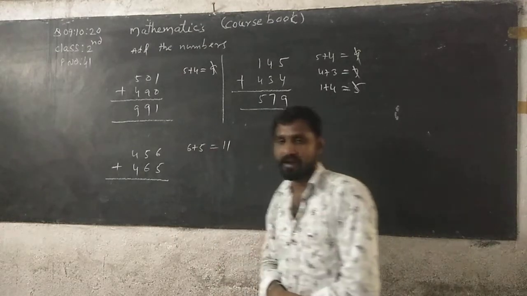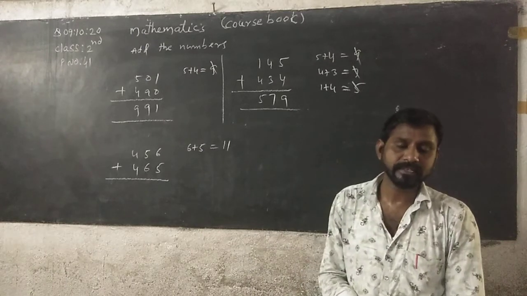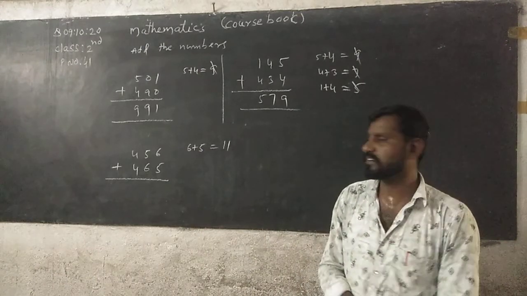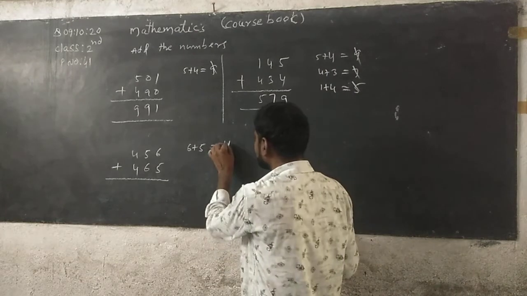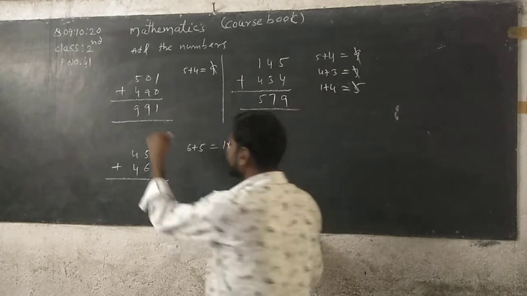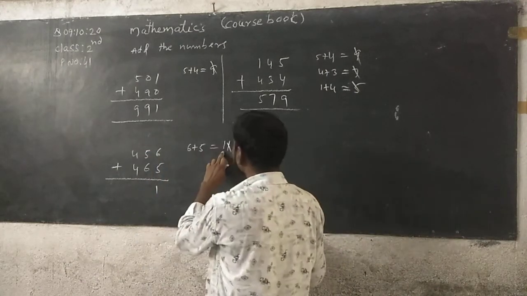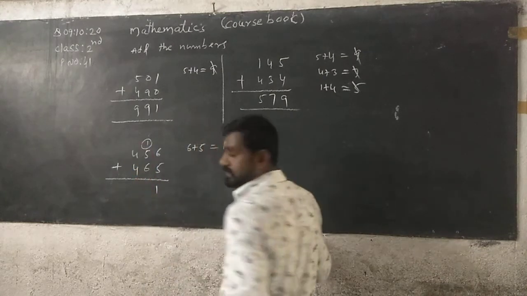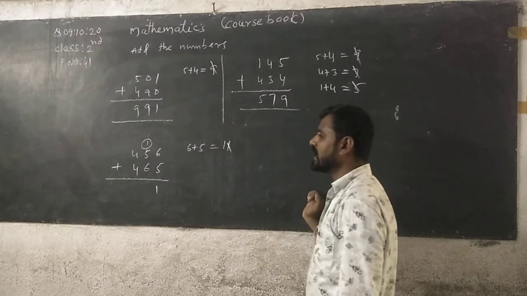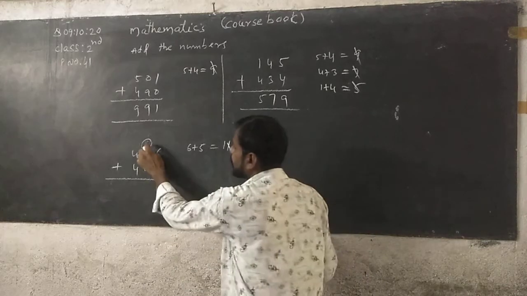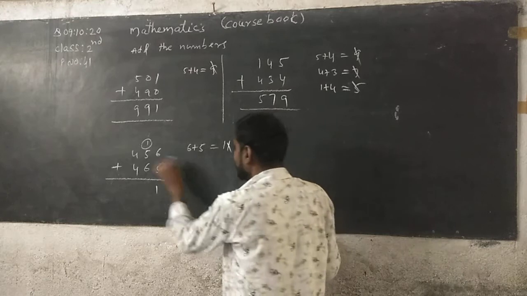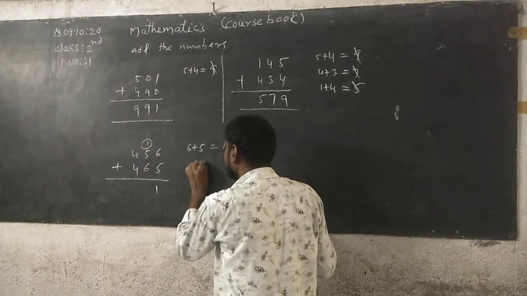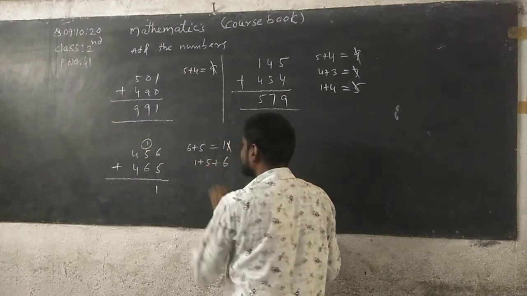See here. 11 is a 2-digit number. In it I have to take the ones place digit, that is 1, and write it down under ones column. 1 is carrying, because that 1 is in tens place, carrying to tens place. So now next, add the digits in tens place along with the carrying, that means 1 plus 5 plus 6.